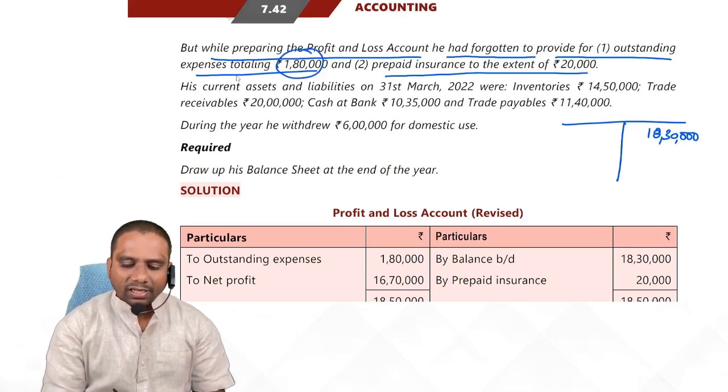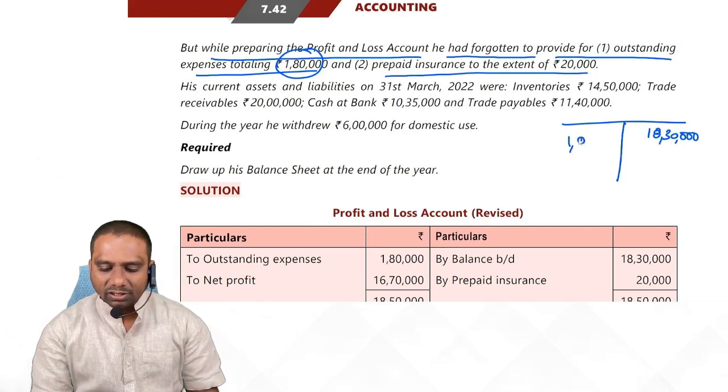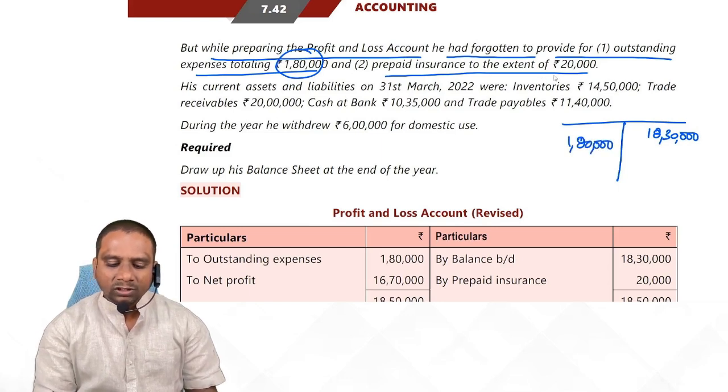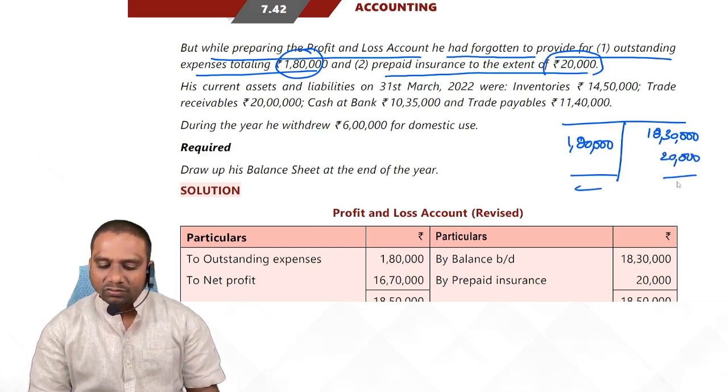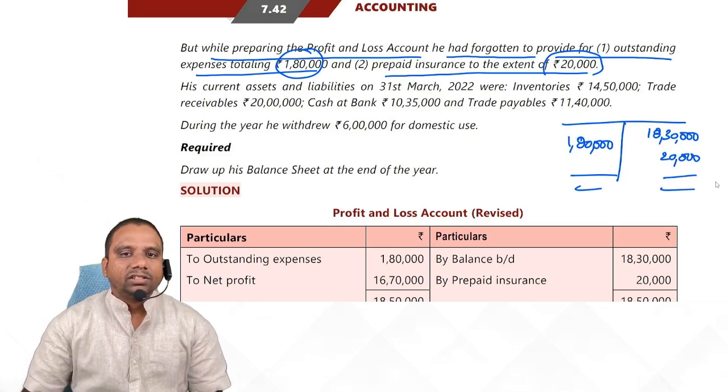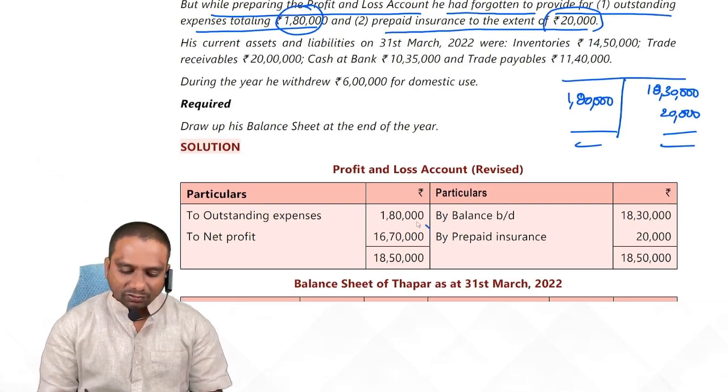Because of outstanding liabilities, what happens? Our profit decreases. Because of prepaid insurance, what happens? Our profit increases. Here we get the revised profit. Yes or no? Look at the student. Revised profit is